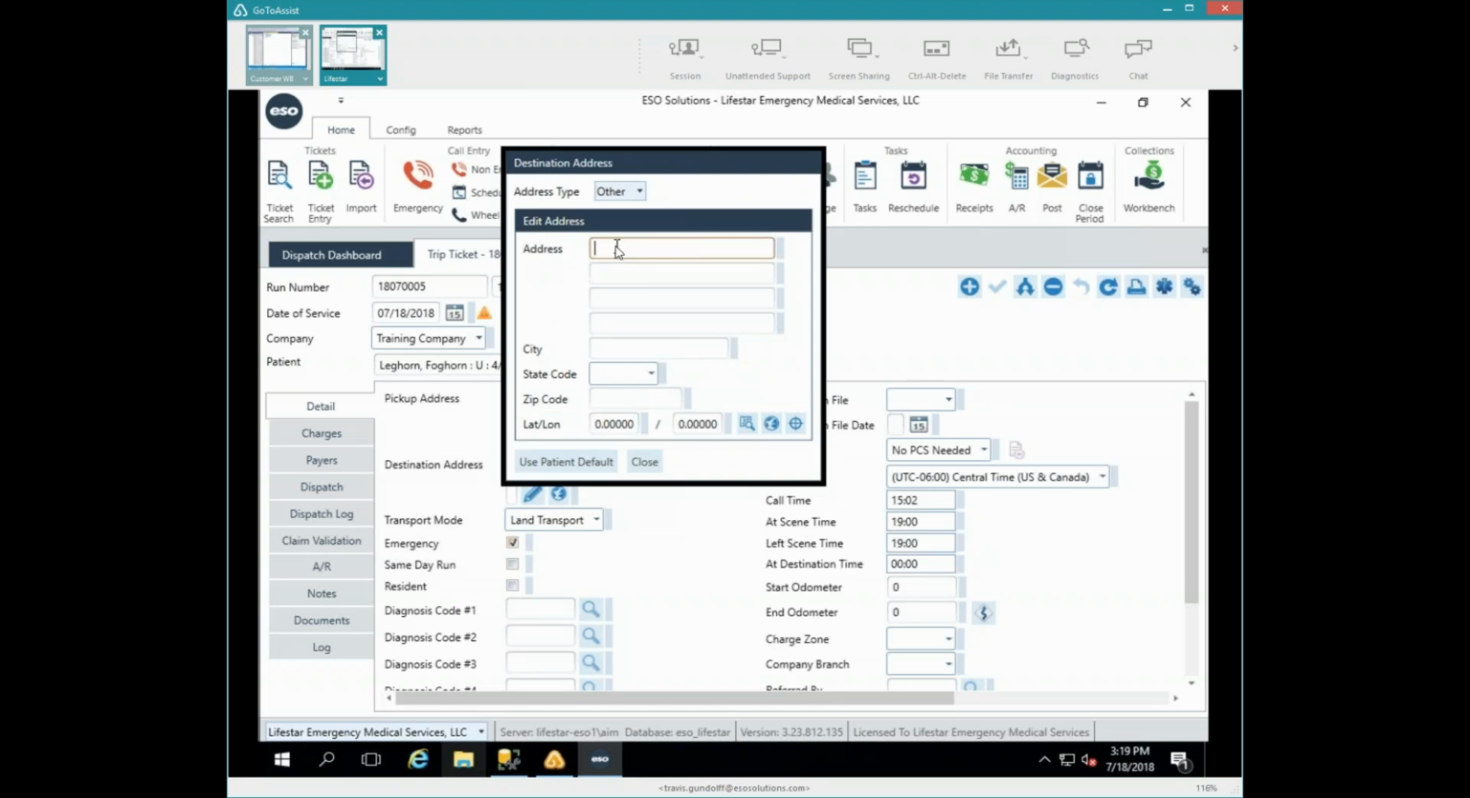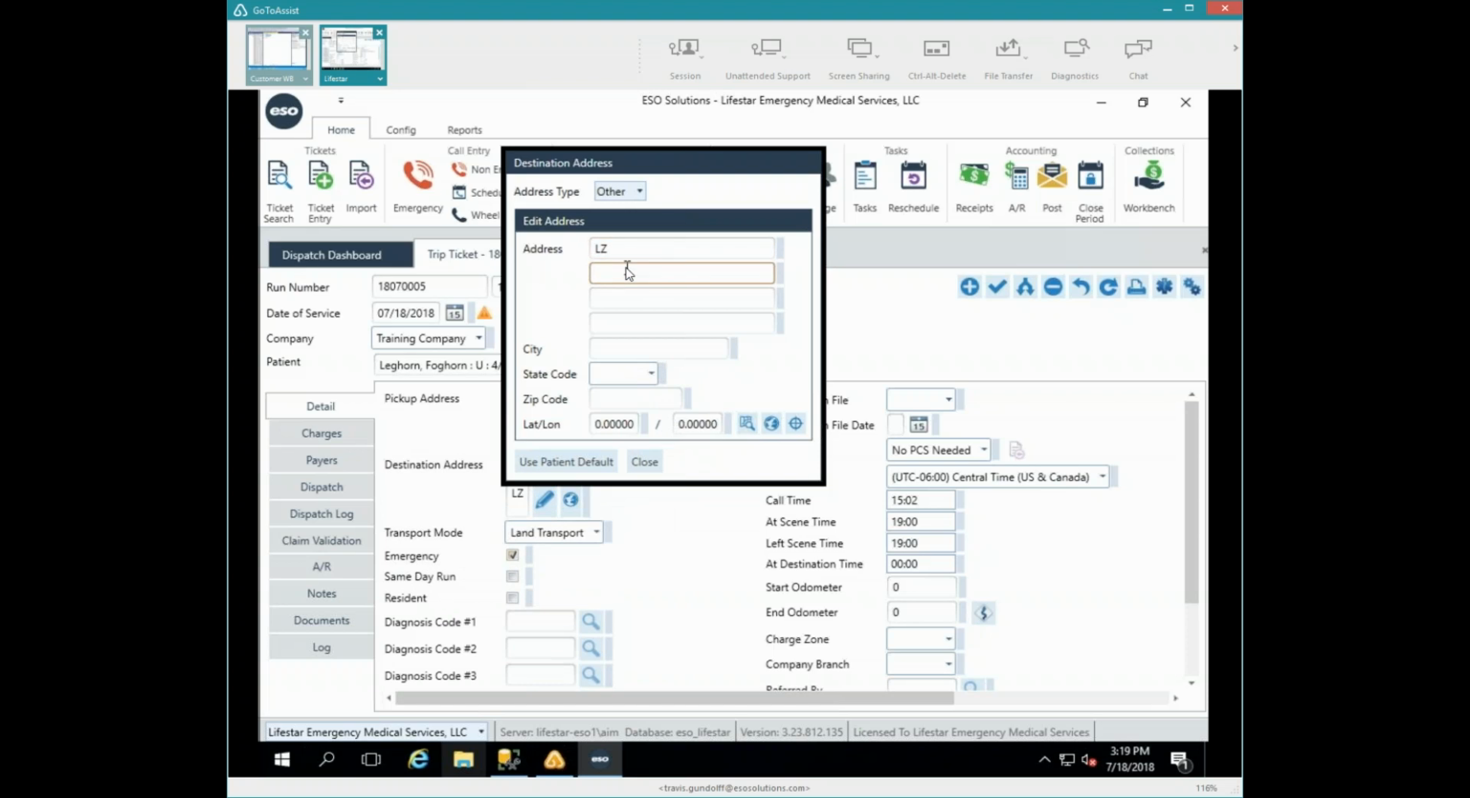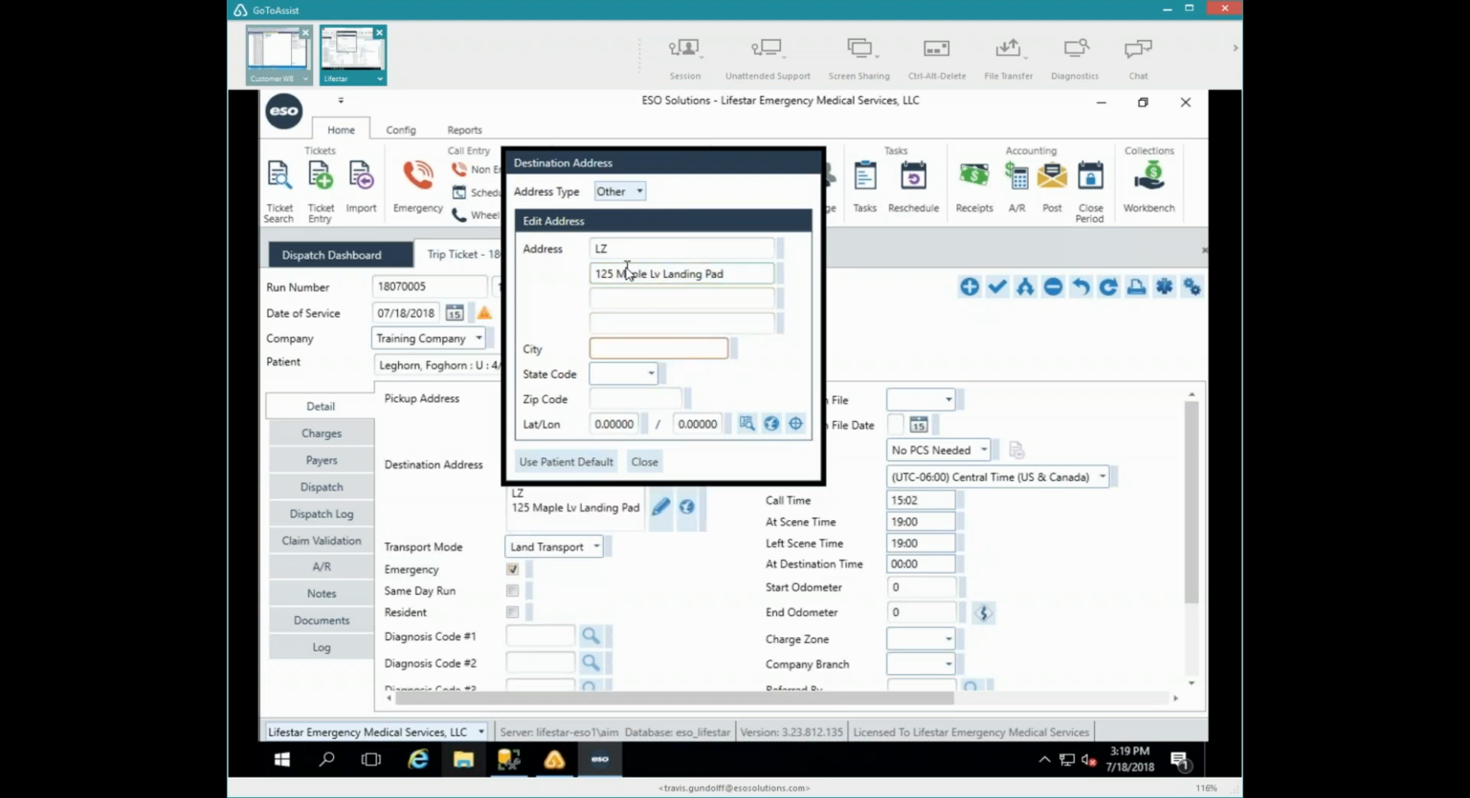Oh, okay, so wherever we would meet at the LZ, we would type that in there. That'd be good. Is there a certain amount of required information that goes in there? No, whatever you type in is what will then be available. So if I just type in LZ and nothing else, the system will just send LZ with no address information. Like I said, address line 2 is 125 Maple Lane, landing pad,